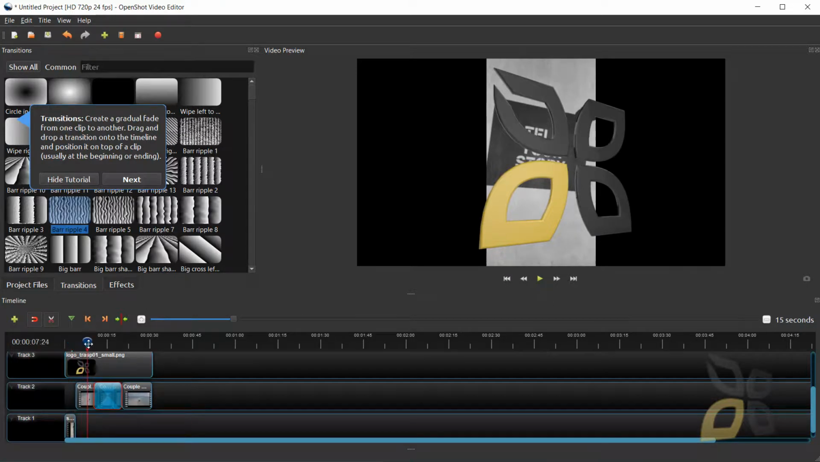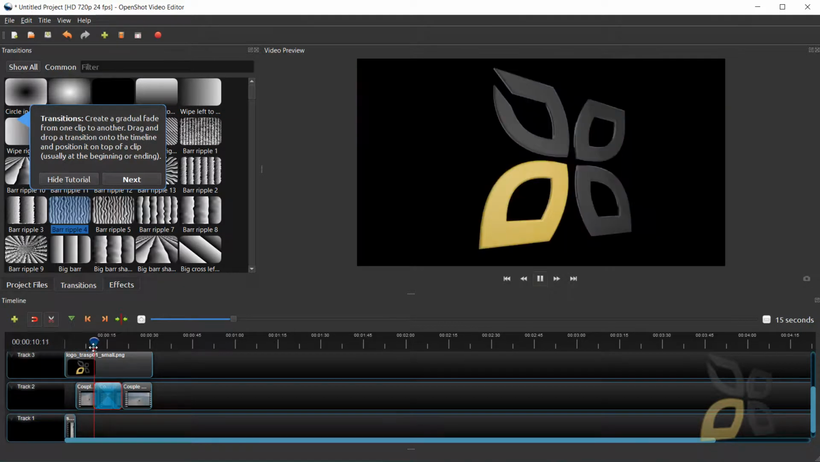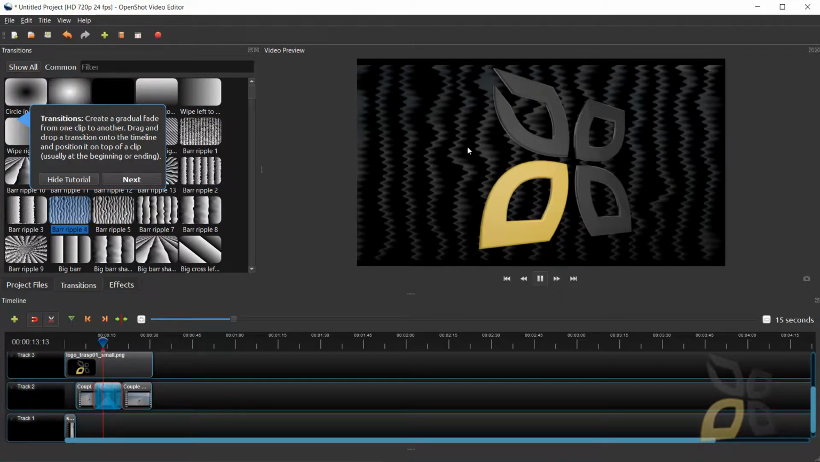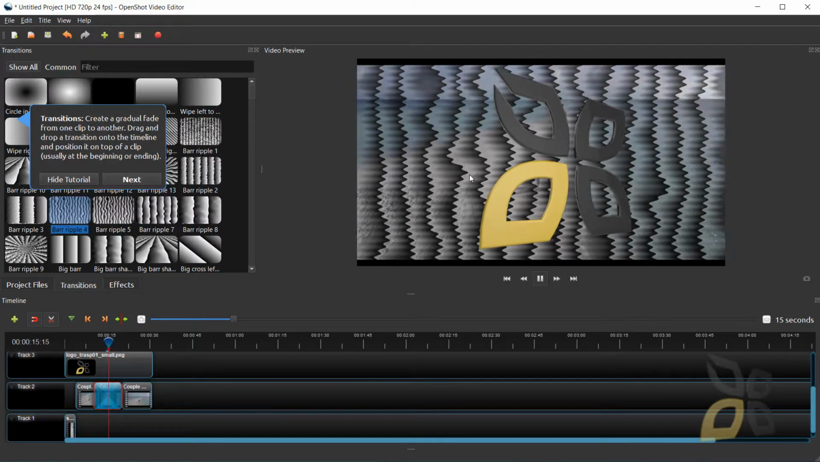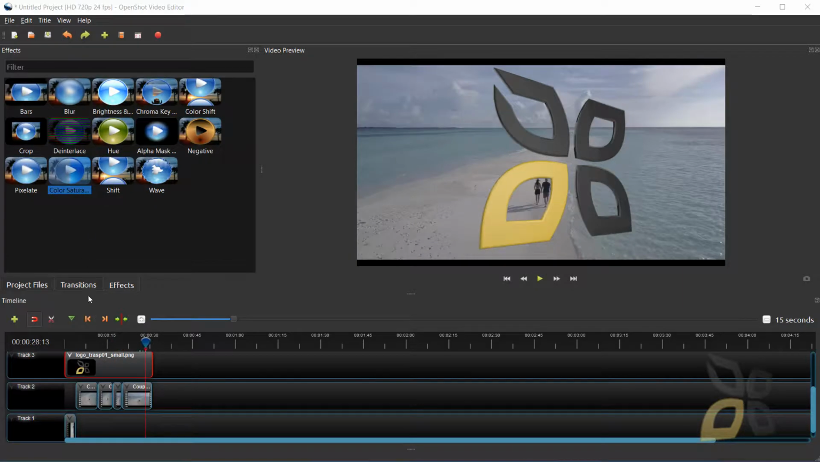Perhaps I can place it here. The more stuff I put inside, the more time it will take to render. Okay, this is a transition, but as you can see, it goes a lot slower now because this is an added effect. You also have transitions, and you also have effects. So I will click this effect and place it here, and so you can see this, there is a green